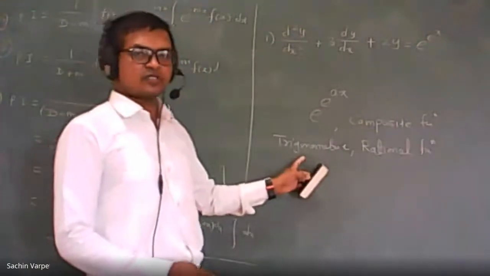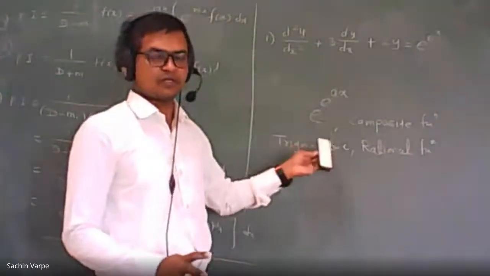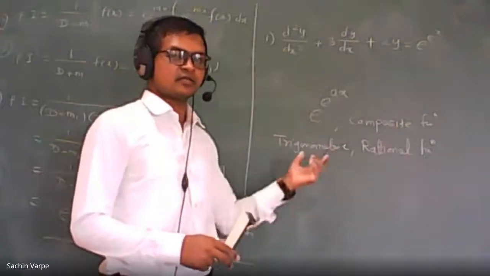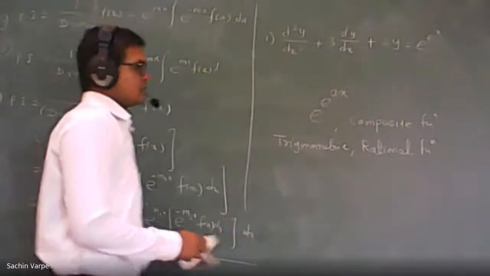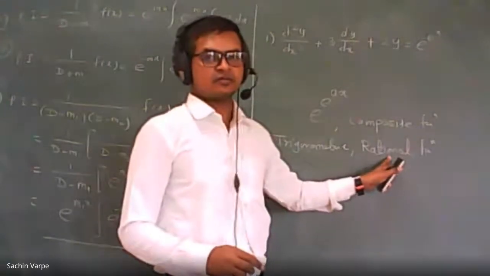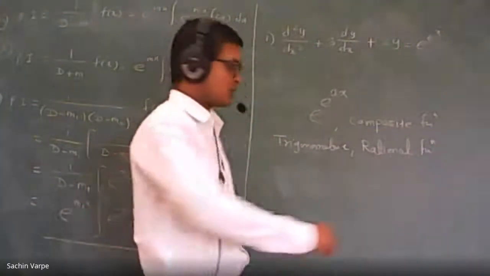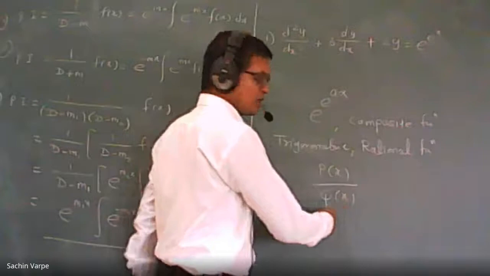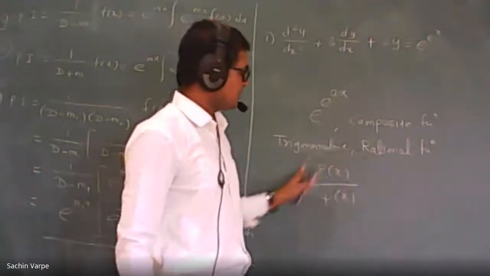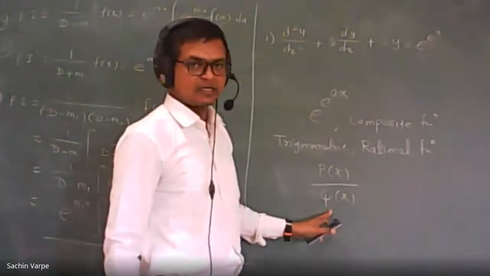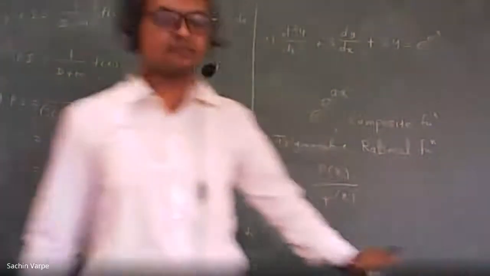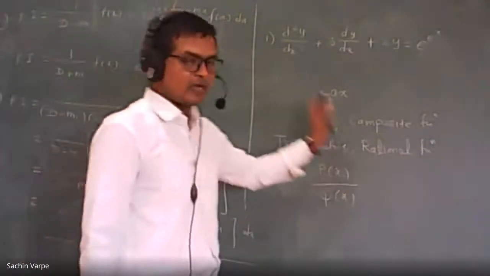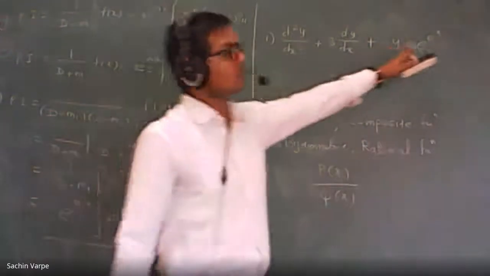Then trigonometric functions like sine, cos, or tan, cot, sec, cosec, whatever. But in shortcut, we have the case for sine and cos only. So in that case, we have two options, either this general or shortcut. Anyways, rational functions. What are the rational functions? Rational functions are of the form p of x upon q of x, where this denominator function q of x must be non-zero. Then in case of this right hand side, we have no option, only the general method. Is it okay? So we have to use the general method if the right hand side function is of this form.